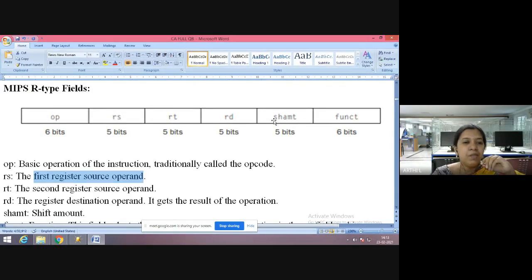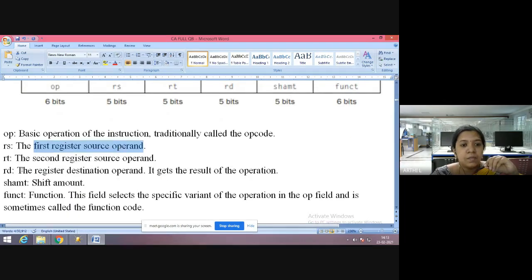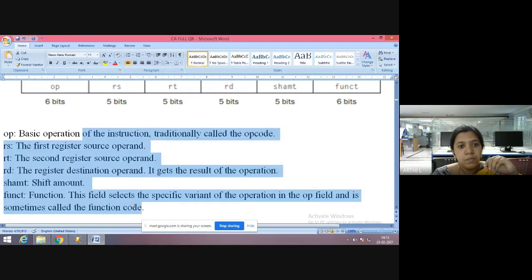This will be used for logical operations like shifting, or if you are using some process like branching instructions, you might use this. But for now, for arithmetic and logical instructions, you will not be using the shift amount. And then comes the function. This function tells what instruction it is. So all are told now.